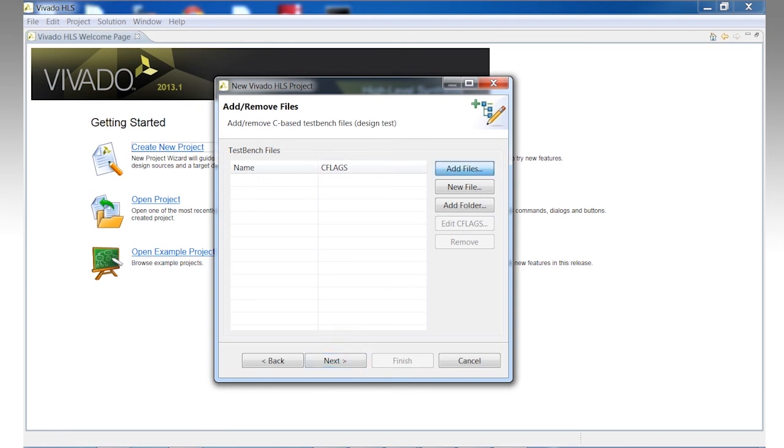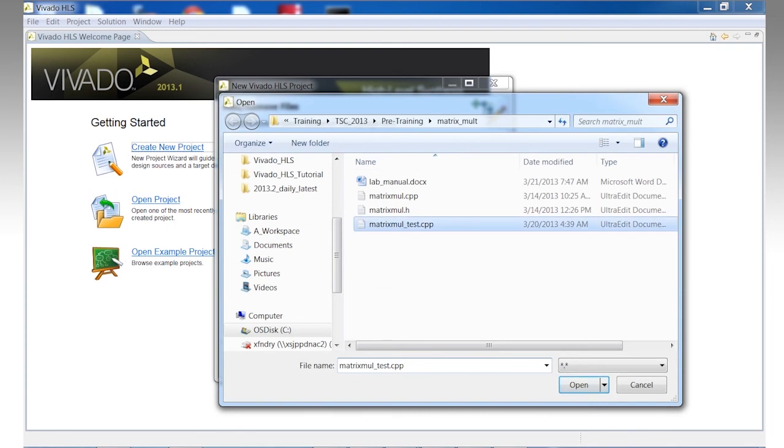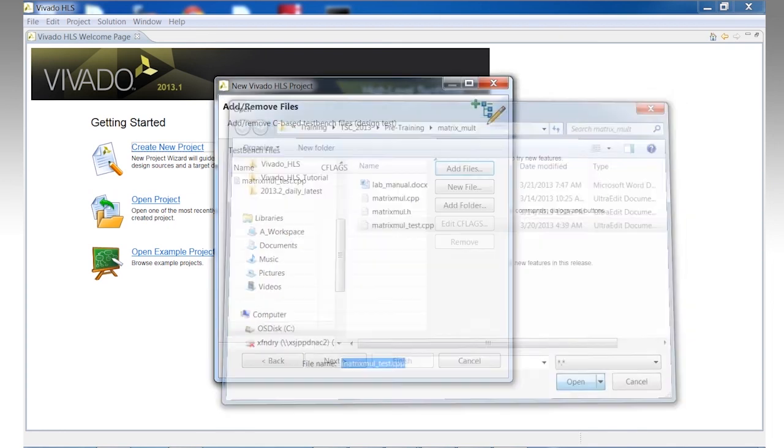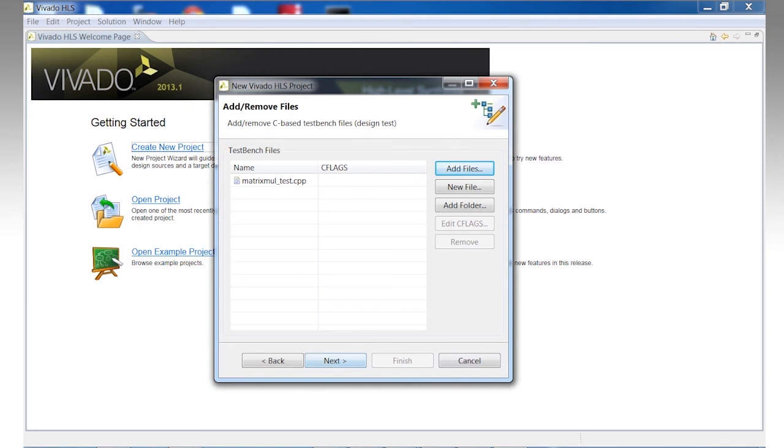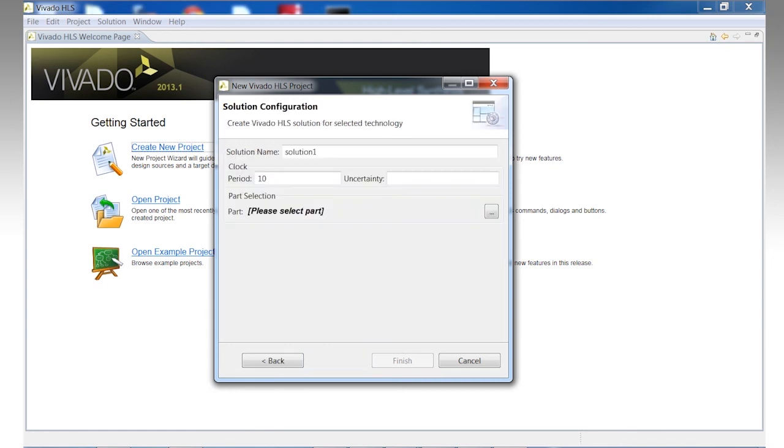Again, we can add the files, and here we only have one file. It's called matrixmulttest. This is basically everything above the level for synthesis all the way up to the top-level function main. Okay. If we go to the next screen, you can see now we can actually select the configuration of the